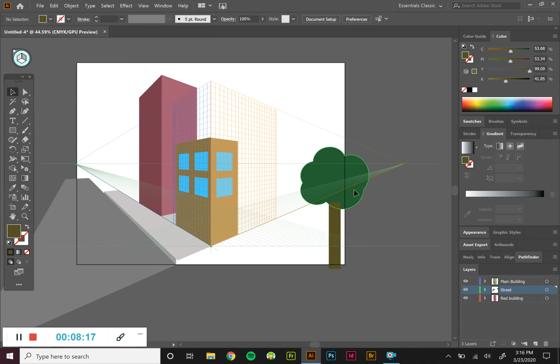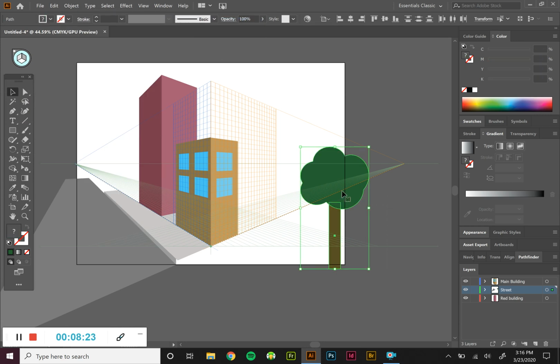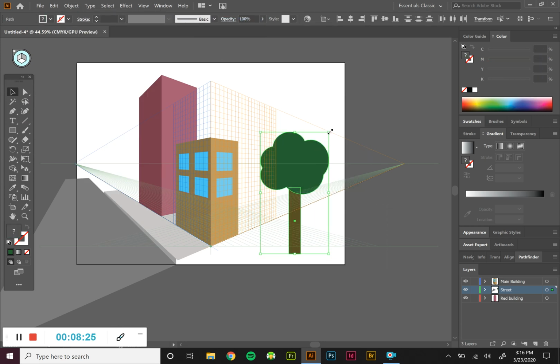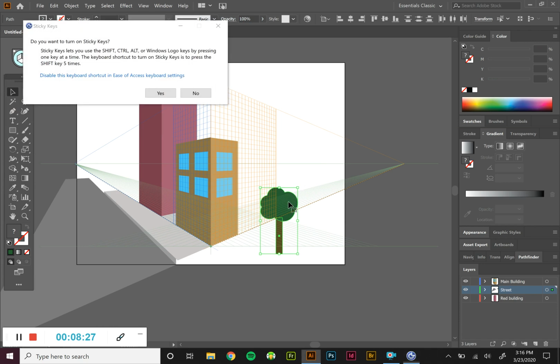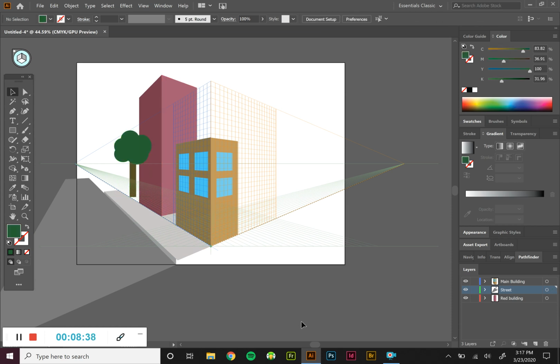So things that are normally rounded, you're not going to want to put into perspective. So let's shrink this down a little bit. We'll place it where we want it to be placed, maybe back here, or we could always place it behind the building if we want to. But something like a tree or anything that's rounded is going to stay flat, and we're not going to put it in perspective. So if I was to take this and grab my perspective move tool,